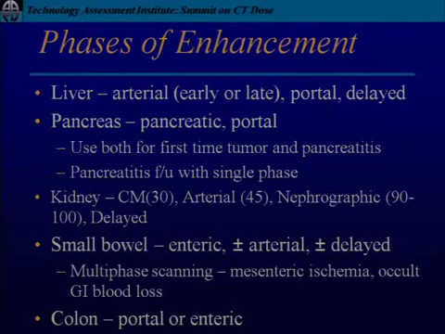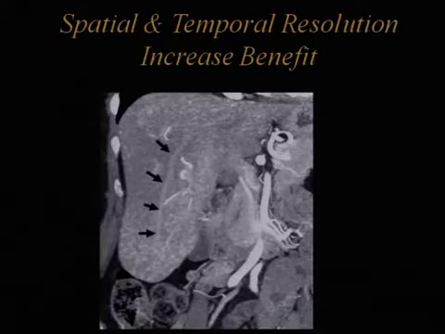And then the colon, we look for colonic enhancement. It's pretty forgiving. We can look in the portal or enteric phase. But I want to show you, this is a dramatic example of something we never used to see in CT. This is a patient with hereditary telangiectasia, and we didn't know that the livers were often involved with these patients,